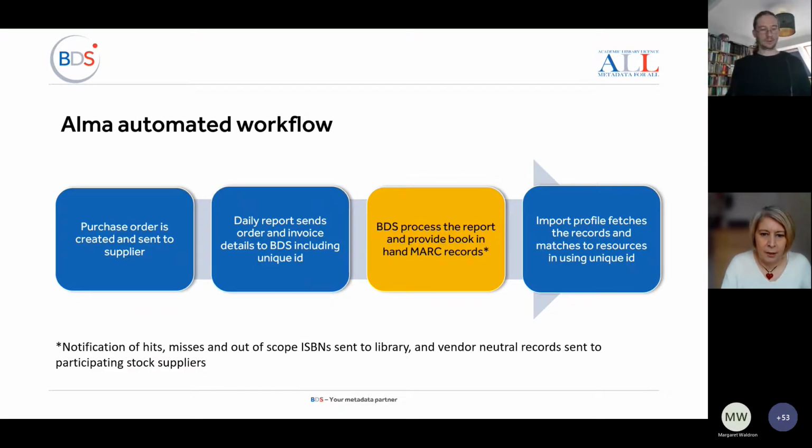If we just look at the Alma workflow, because that's the one that I know most of, well, roughly half of the university libraries in the UK have Alma, so we'll look at that as an example. It starts by the library creating a purchase order that's sent to the supplier. The automated process then steps in, and there are reports run within Alma that extract details of the orders placed within the previous 24 hours and also invoices raised. Those are put into a spreadsheet by the analytics package on Alma,